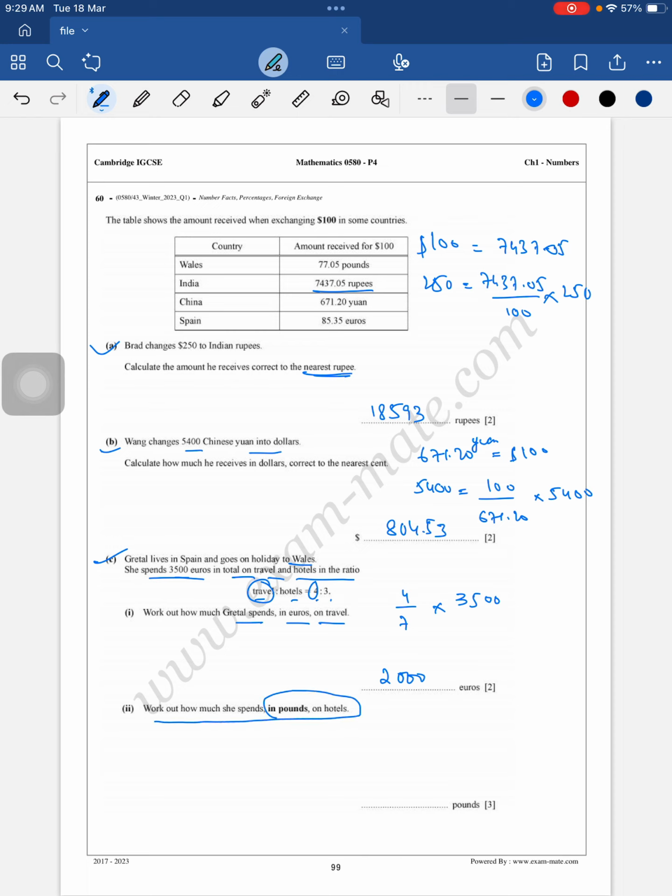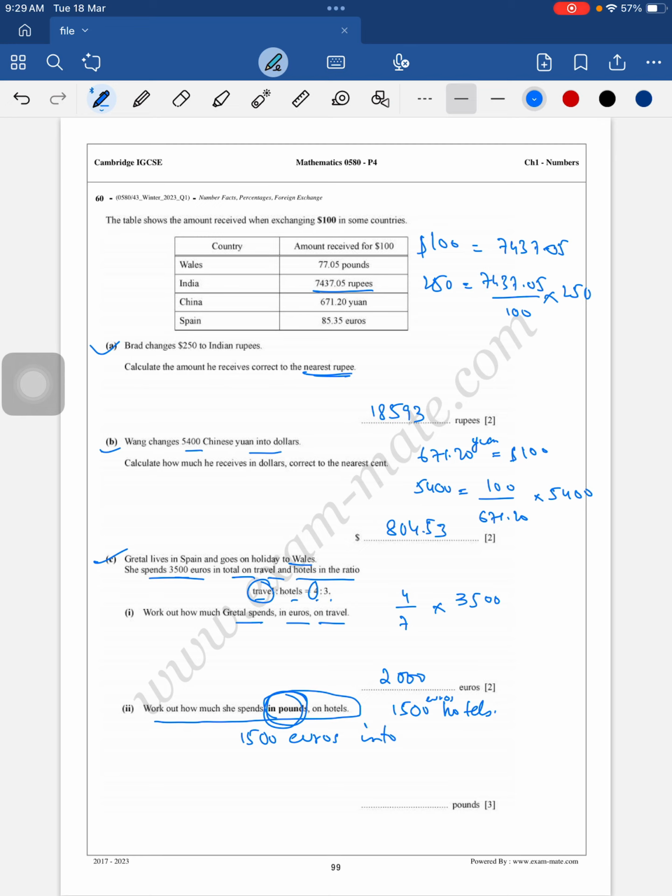Work out how much she spends in pounds on hotels. Since she's spending 2,000 on travel, 1,500 on hotels definitely. Okay, and we need to convert 1,500 euros into pounds. So pound to euro is